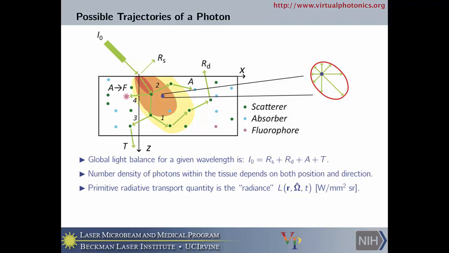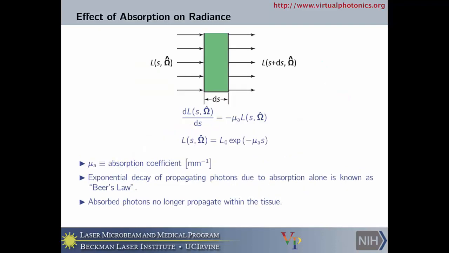So in order to solve for this radiance, which is what the radiative transport equation or a Monte Carlo simulation gives us, we need to figure out how to treat scattering and absorption simultaneously within the medium. So let's first talk about the effects of absorption and scattering separately. So first, if you imagine that you have a very, very small differential slab that consists of no scattering but some absorber,